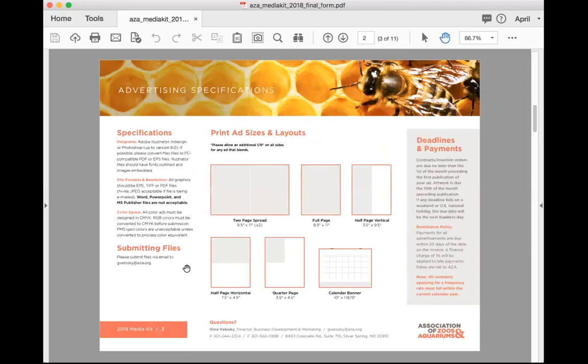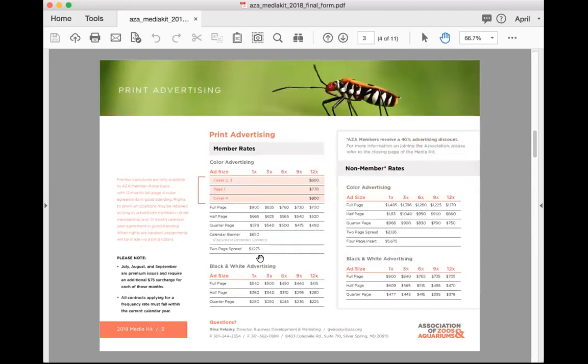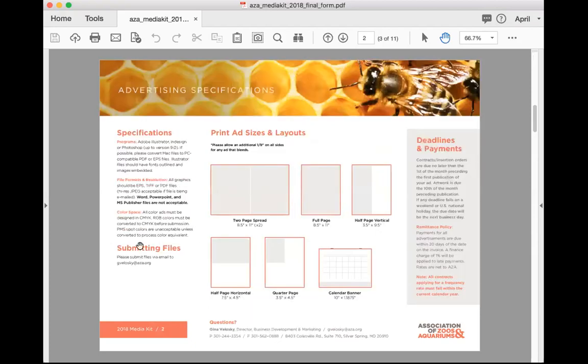The only thing with this particular media kit is they're not telling you the digital specs. So I would say for this one, a JPEG with an RGB image of your ad, 72 dots per inch would be acceptable. And then you just pick your actual size. Now, if you are doing the amusement park,